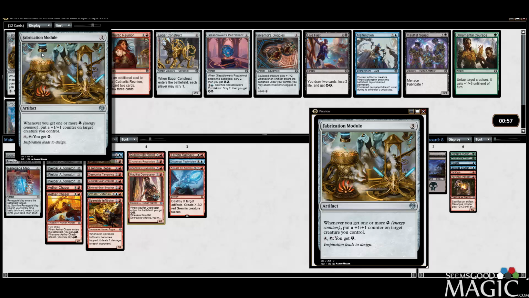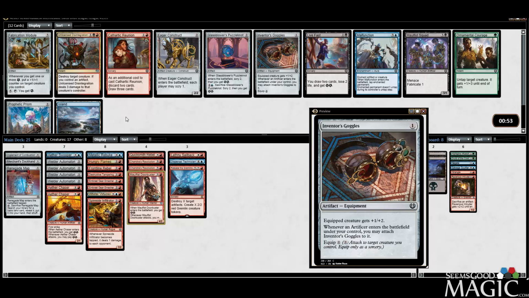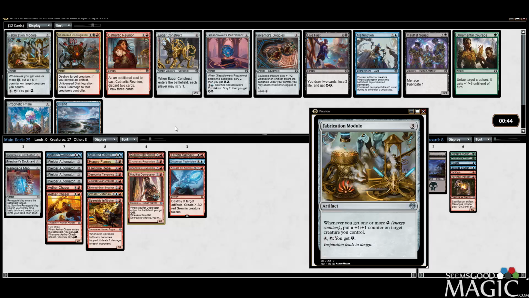All right. Well, Fabrication Module is looking a lot better. We have the Goggles too, though, and a Prism. Wow. And a Construct. A lot of good options here. A lot of good options. And the Malfunction as well. So Fabrication Module